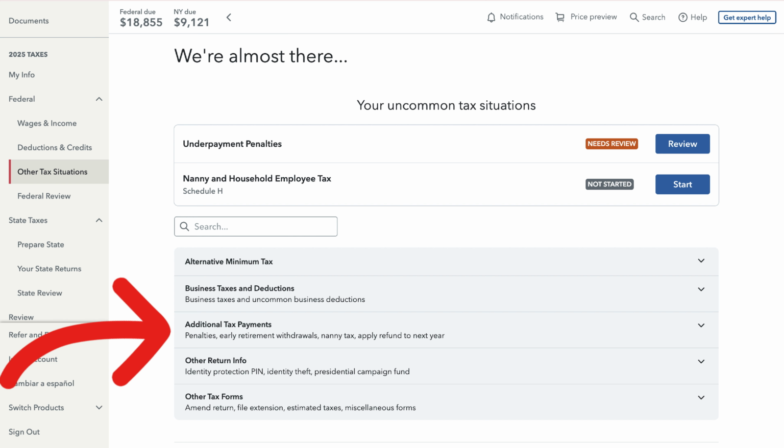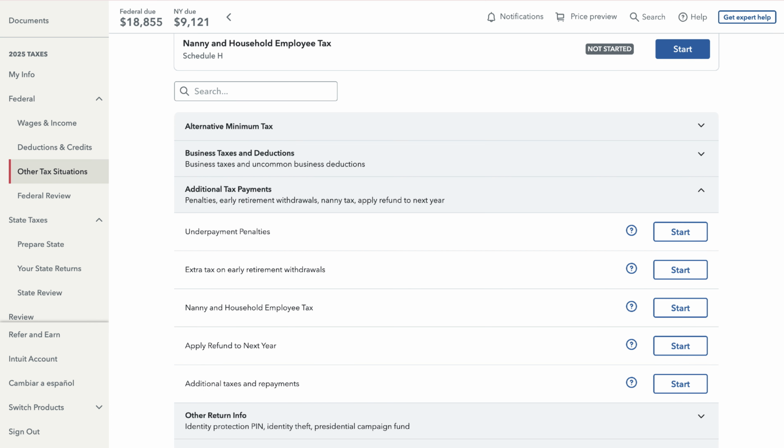to tap on the Additional Tax Payments button. Just scroll down a little bit, and you will see this option called Apply Refund to Next Year. You want to click on the Start button beside it. After this, you can decide how much of your refund you want to transfer to next year, and so on and